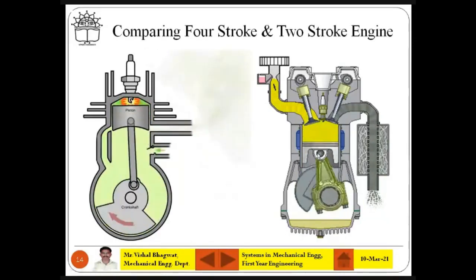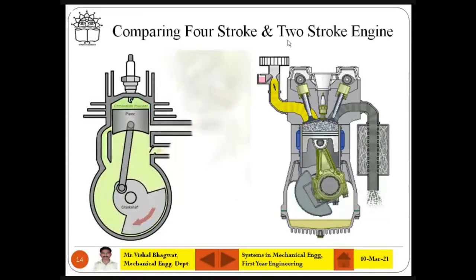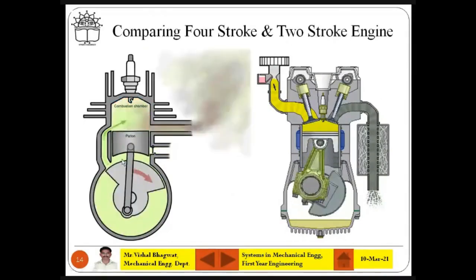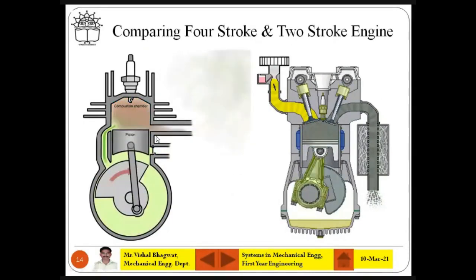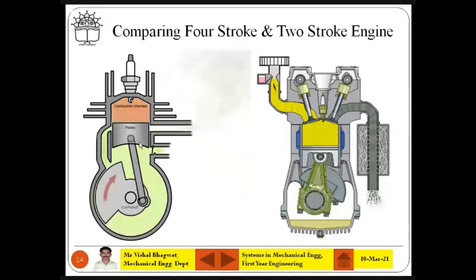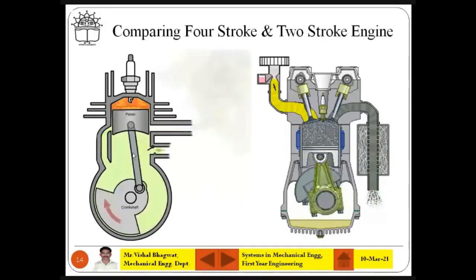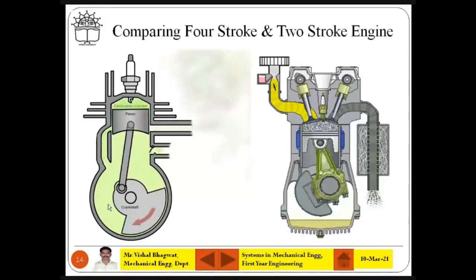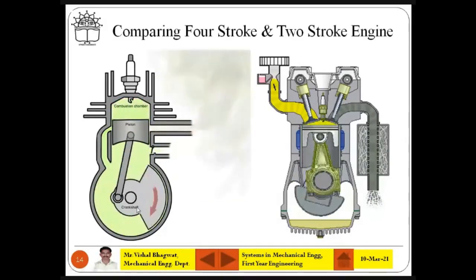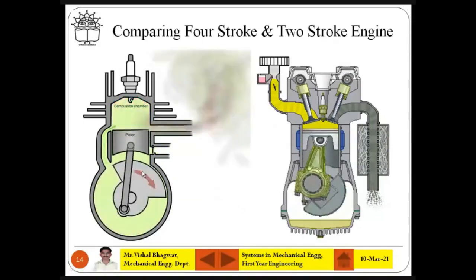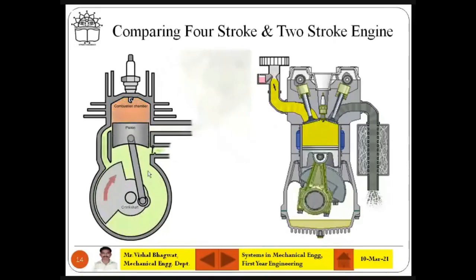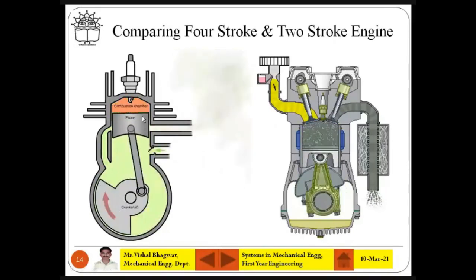The thermal efficiency for this 2-stroke is higher. Power that you get inside the 2-stroke is higher because you have only 2 strokes here. That means one power cycle is happening in one rotation of the crank. This is a crank here down. For one rotation you will get one power cycle.